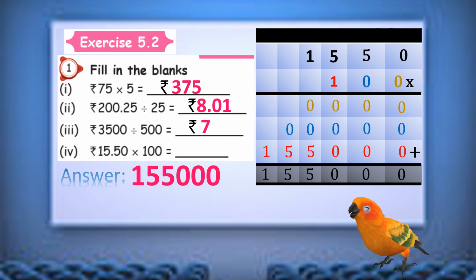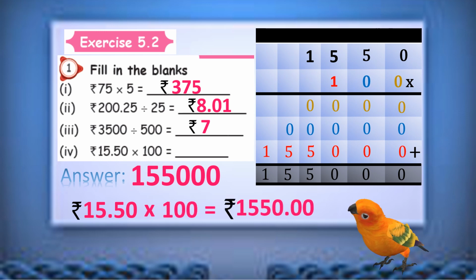But a very important thing, we have the dot in that rupees, isn't it? Fine. So how many digits before do we have the dot? Listen here. 1550, isn't it? So the last two digits. So two digits before, we have the dot. So sure we need to keep the dot two digits before. So the dot should come in between here. You understand? Okay. So rupees 1550 into 100, that's equal to, we have to mention like this only.